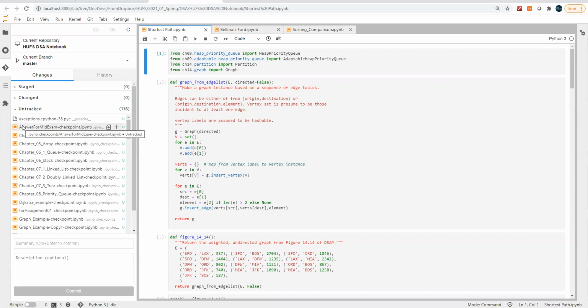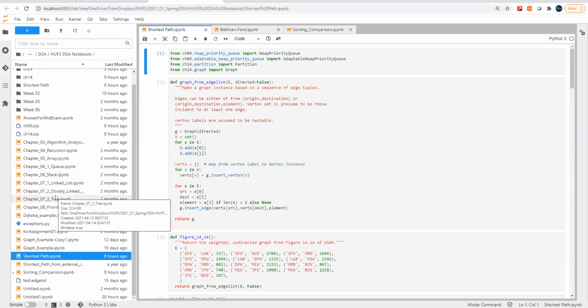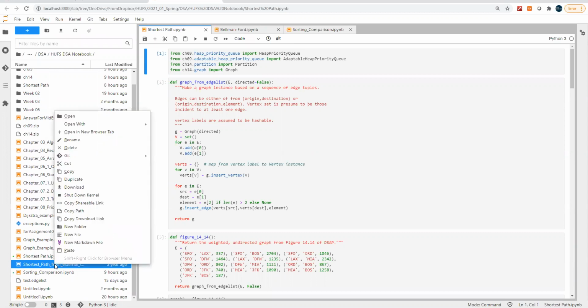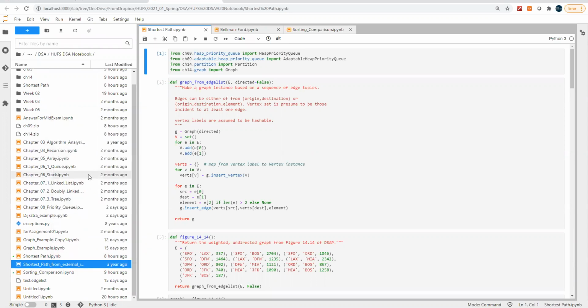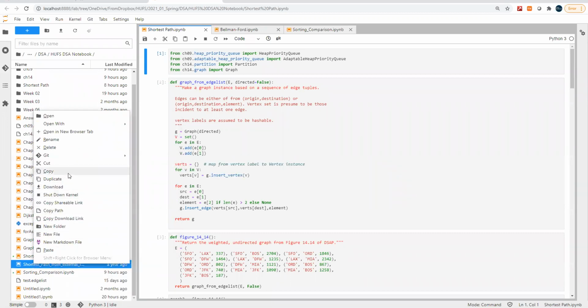So let's suppose I want to update some of the code here. I would like to use this shortest path from the external resources, and I want to update this to my GitHub. So let me just copy this one, and then actually I can also do it with this kit. Okay, so if you want to add this one, but let me just use this one, and then I would